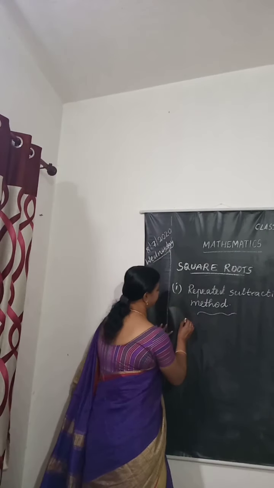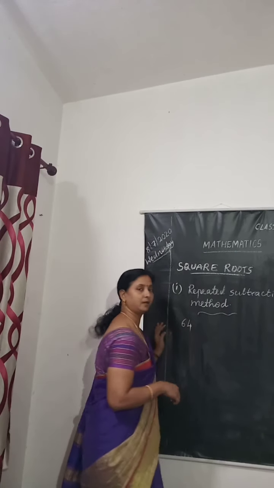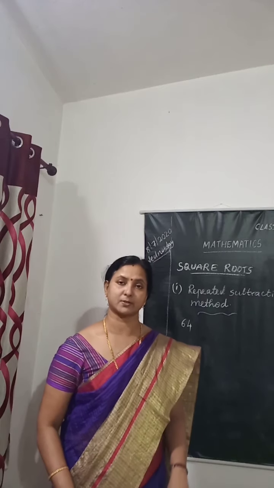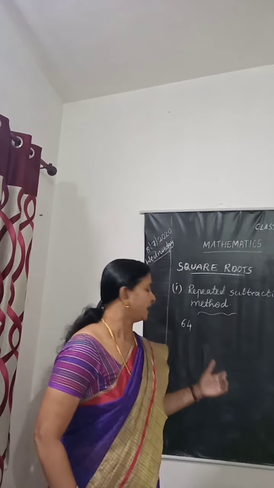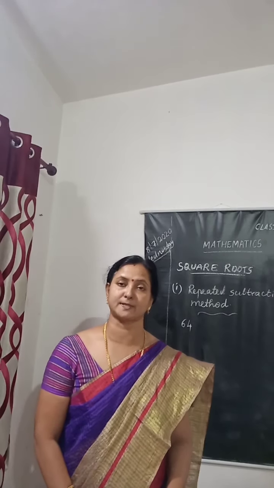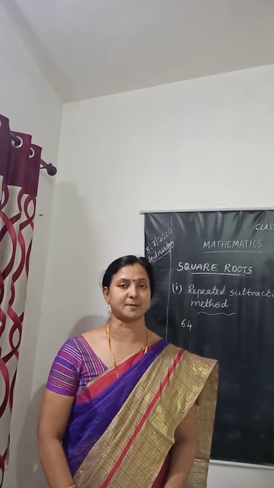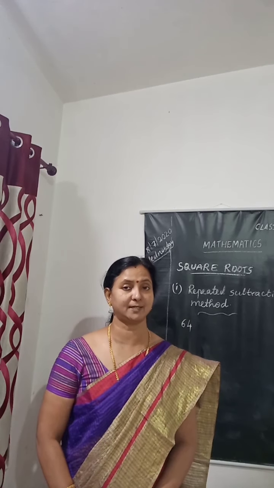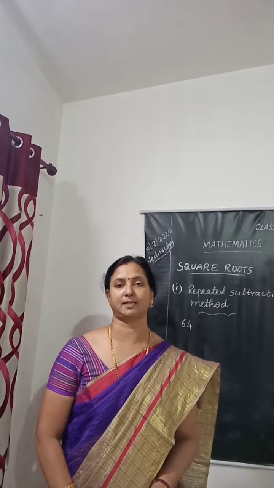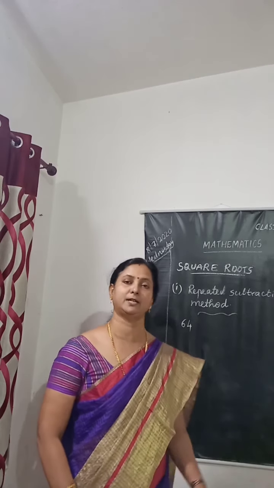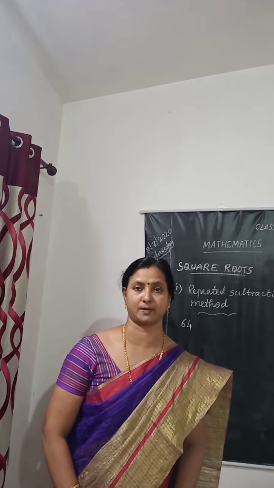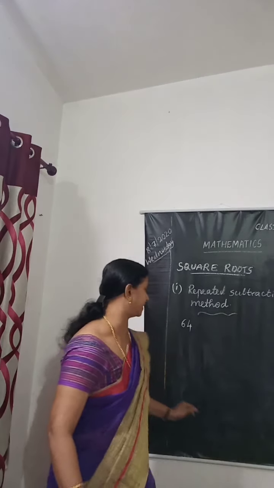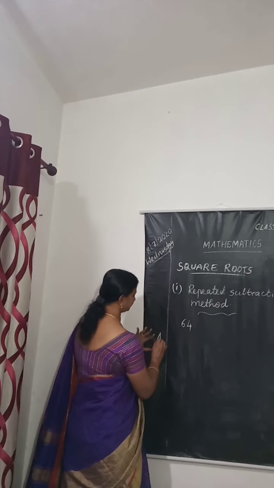You know 64 is a square number. Now let us see how we are finding the square root of 64 using the repeated subtraction method. What is the method? You will subtract 1, 3, 5, etc. from the given number till you get 0 as remainder. Now see how we are doing. Answer: